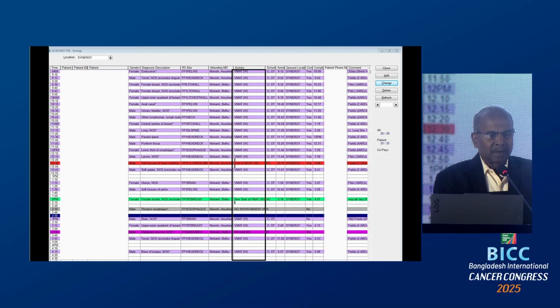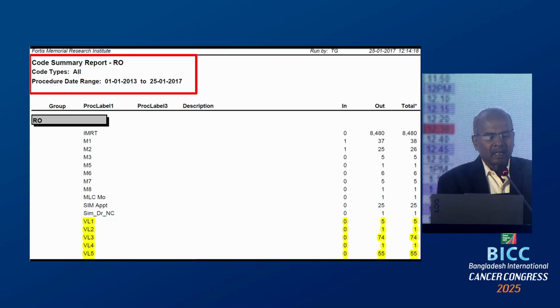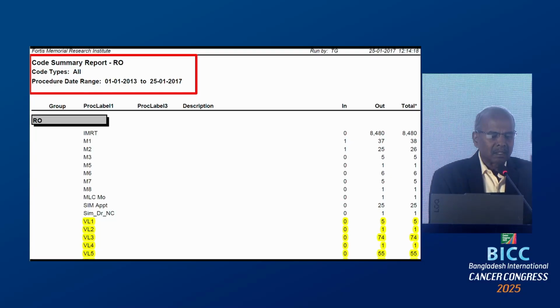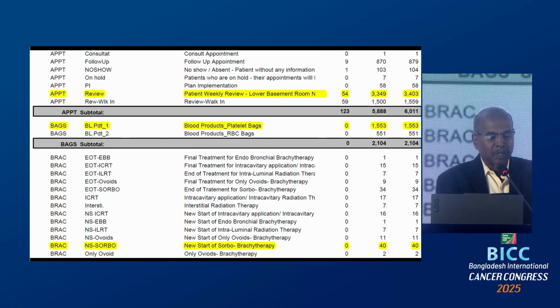Different treatments, different colors, patients on hold, patients who did not turn up, everything in a different color, different activity, and you will be able to fetch the data. What kind of data? Like here, this report which was run for a 4 year period, you can see backlog 1. We had three different types of backlogs. So here you can see backlog 1, 2, 3, 4, 5 of a particular model, and how many times they were used in this 4 year period.